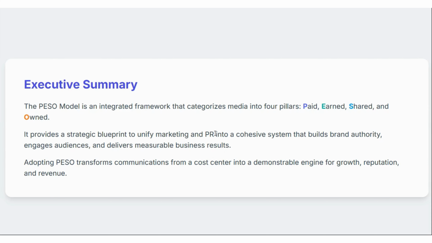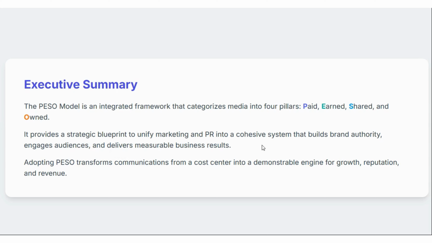There's a concept named IMC, Integrated Marketing Campaign, that we learned in our master's program in marketing communication and PR, that is trying to unify everything, not in different silos or different squads, and everything should be unified. And PESO is one of those models that unifies marketing and PR.